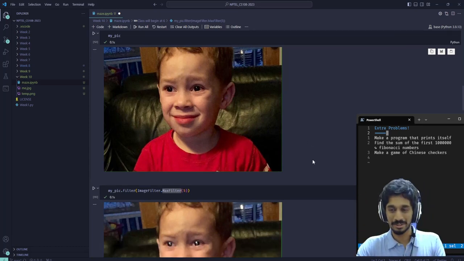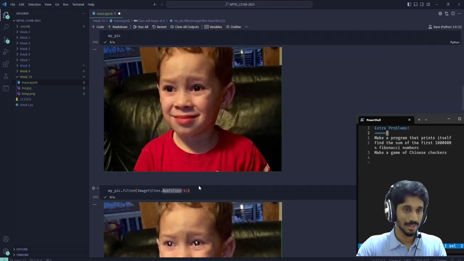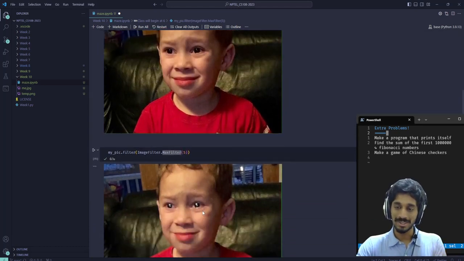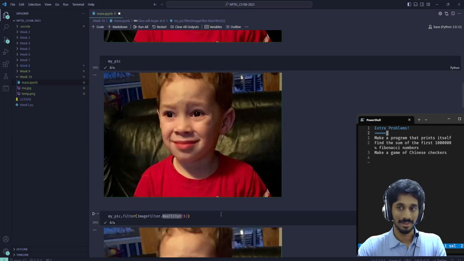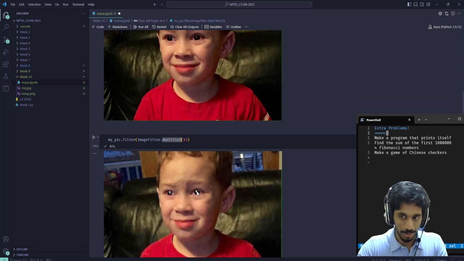And by biggest, it usually means the one which is brightest. So once it identifies the brightest, it will put that pixel throughout that square. So the white region here has clearly become much bigger, and you can see the square also. If I can zoom in,